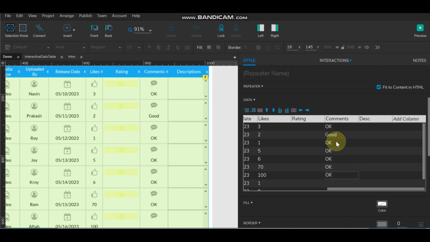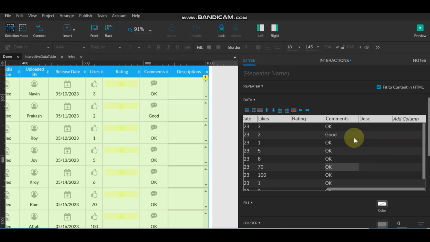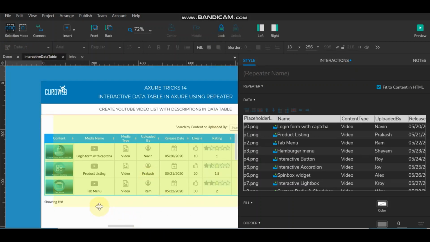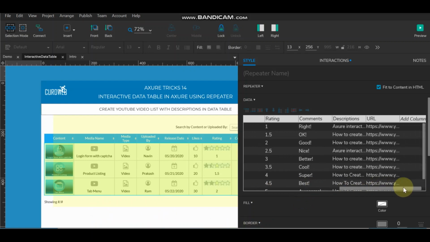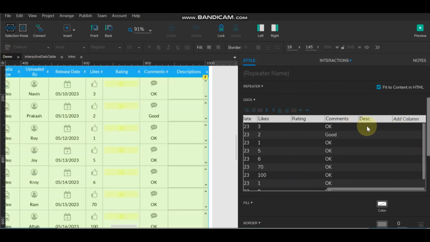So this data table will work while we are going to create any dashboard for the kind of video gallery dashboard, or either we can say like any of the like analytical dashboard. So next is description. So description, we can have any dummy values, or either just I will take it from here. So just I will say this all,